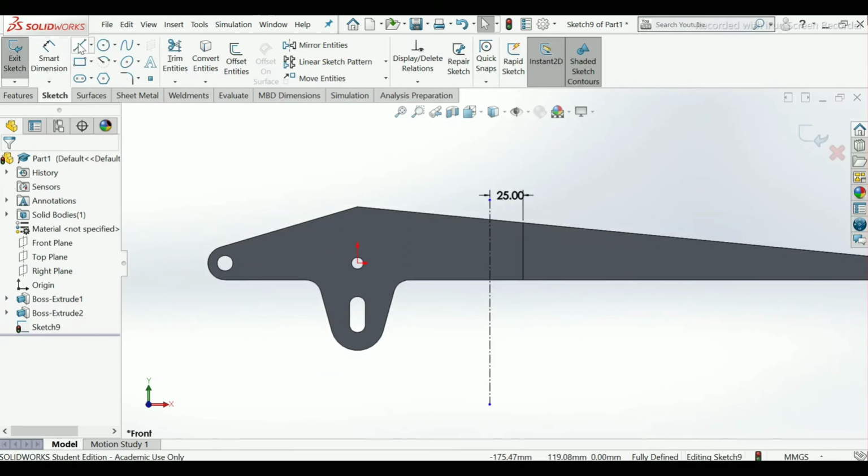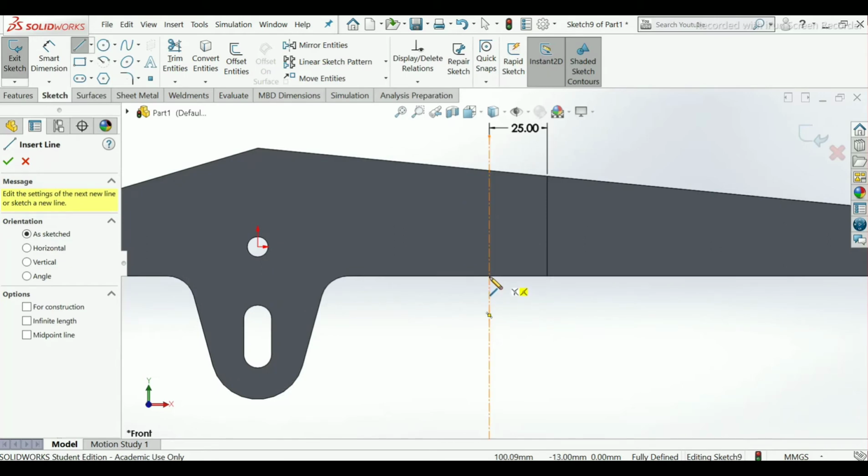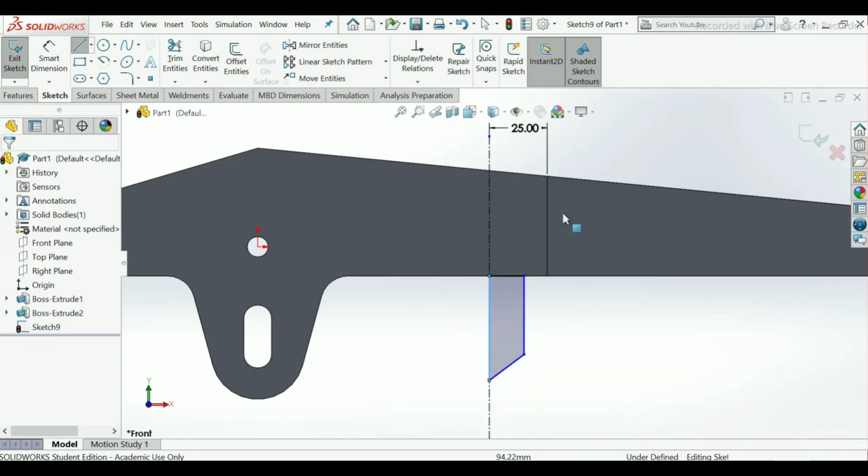Now go to line, make one half portion for revolve command. Like this.